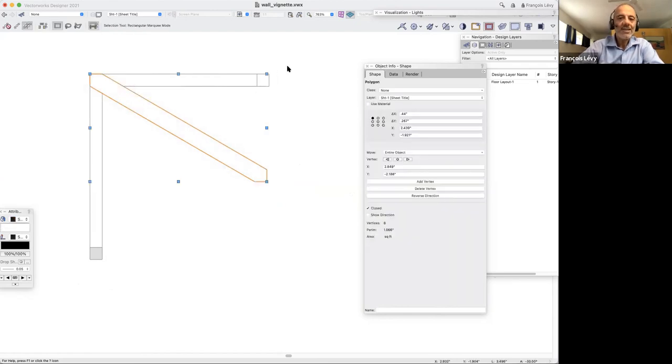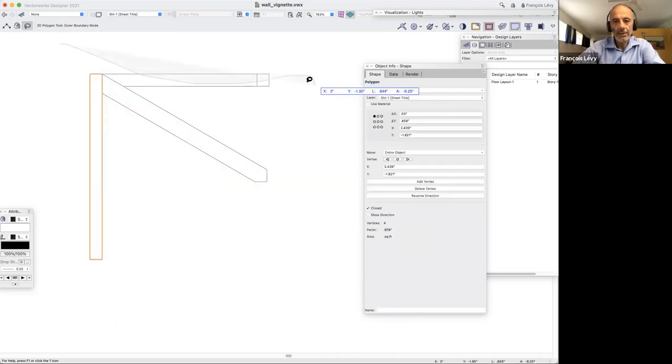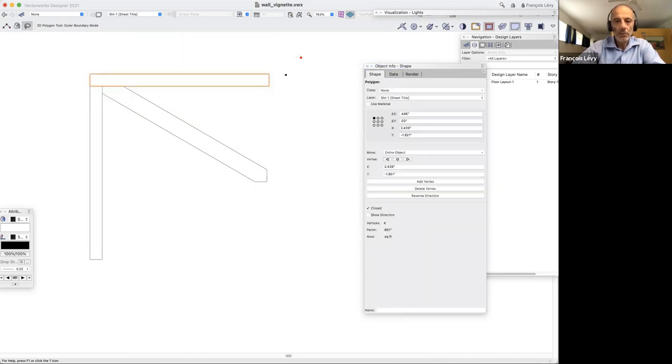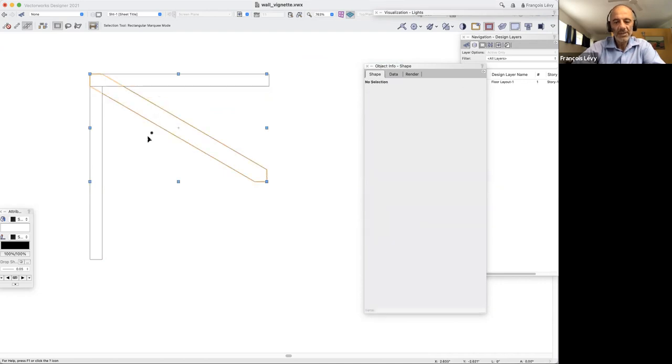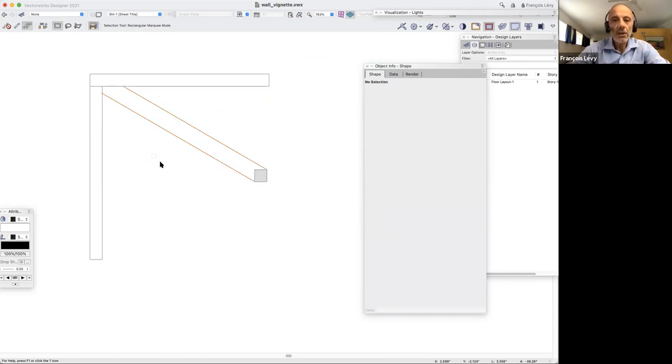So you can see that that line is actually heavier or thicker than this line, or this one. It's a sine function. So on a 45, it's going to be 41% thicker. So then